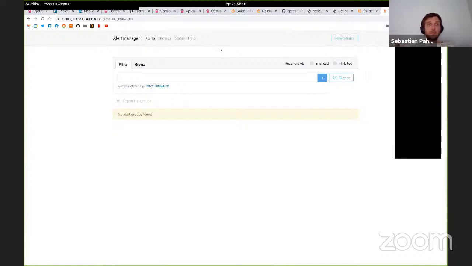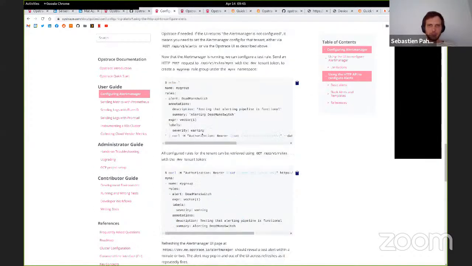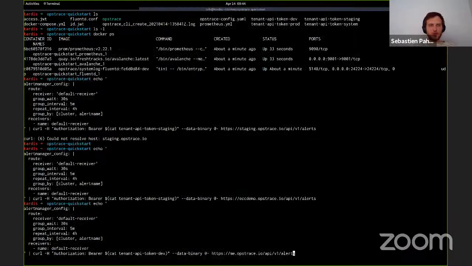So for those that are familiar with this, this is the normal Prometheus interface. And this one is served from Cortex. It's empty. We don't have any alerts. So now we can actually go and simply create a couple. So we're going to take this one. Of course, I'm doing it with curl. We also have a UI to submit them. I'll show it in a bit. We're still finalizing that UI.